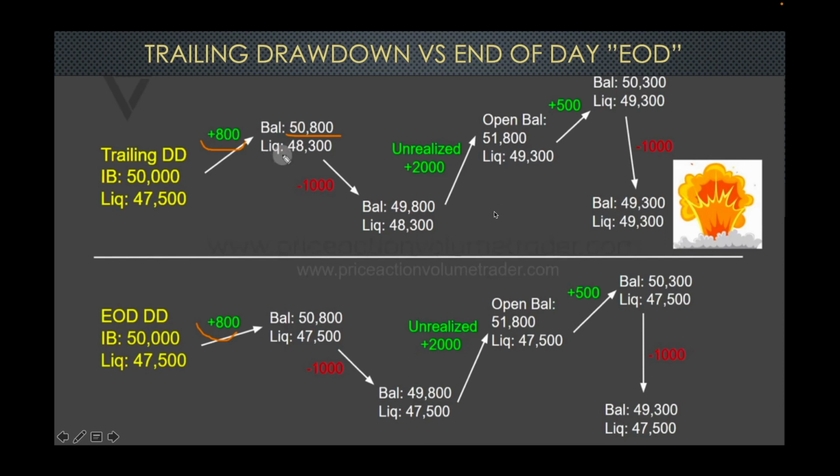Again, remember, you let it come back down to break even. So your price now, you're still at 49,800. So you only got $500 you can lose right here. Down here, same concept. It goes up. You didn't sell. You let it come back to break even. You basically still have $2,300 to lose. So that's the big benefit of that end of day drawdown.